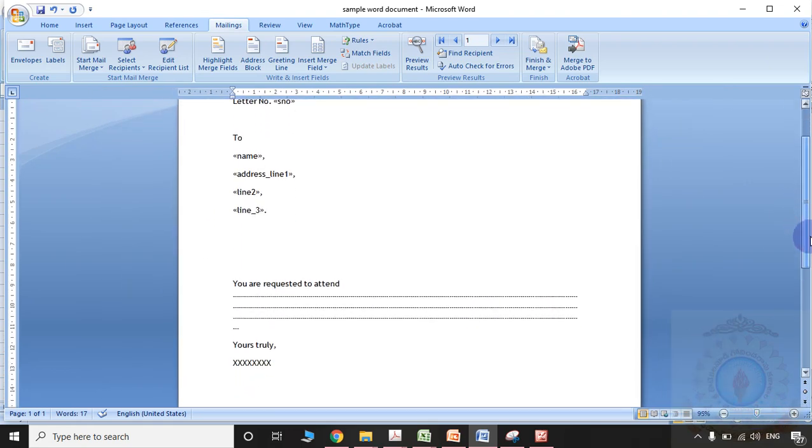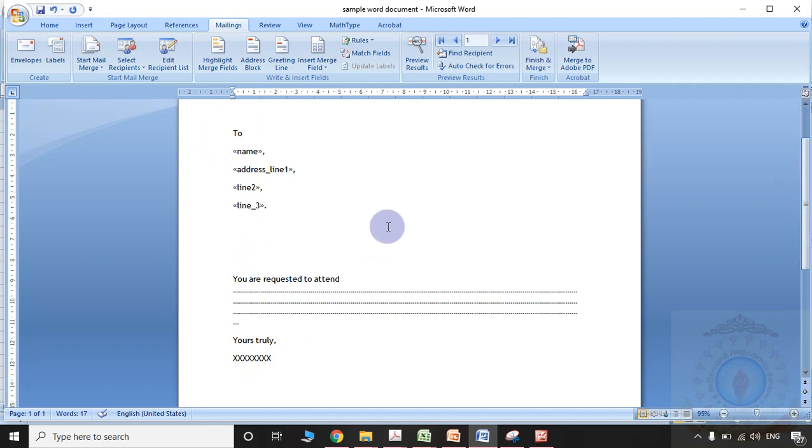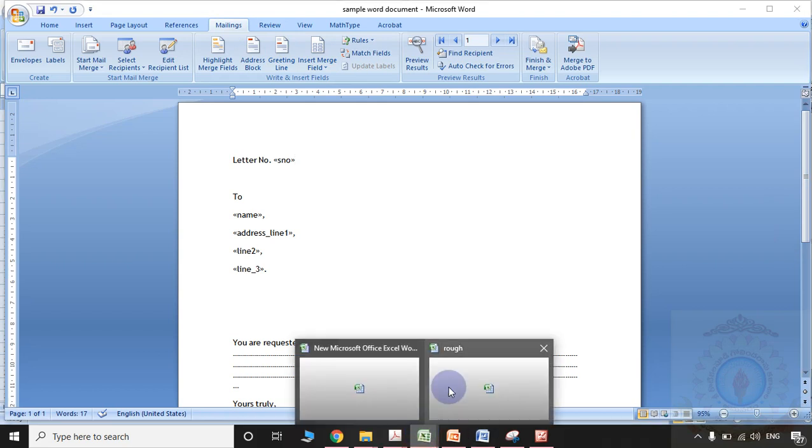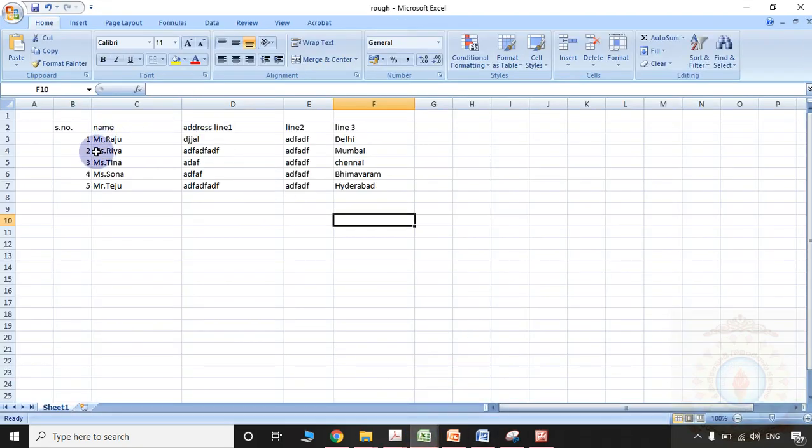You need to send the same letter to multiple persons. Then you are taking advantage of the mailings option. First of all, you need to have the data in an Excel sheet. You need to identify several fields clearly.